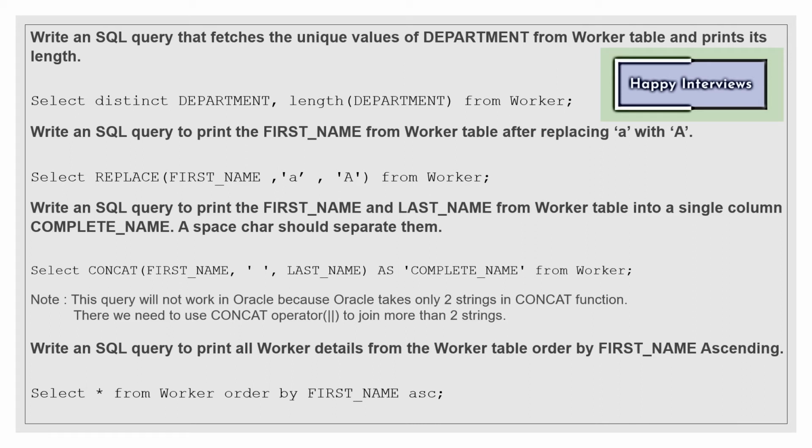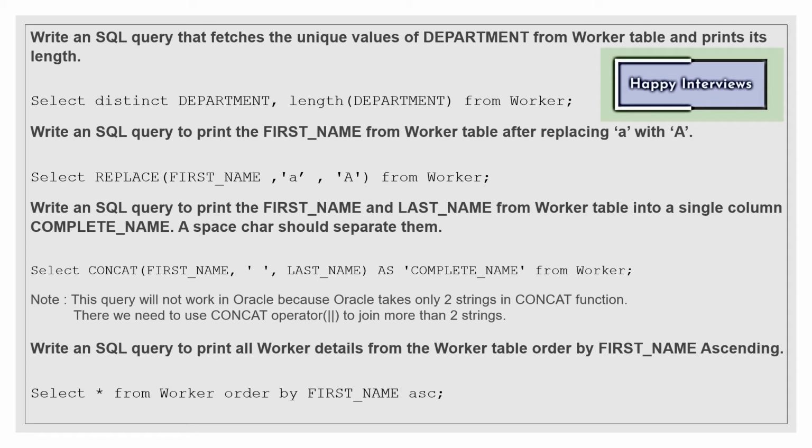Say I have written it with a single L, but the actual was double L. So what I will do, wherever a single L is there, I will replace it with double L, or complete words also I can give. So that's how it works. First name, so in that column, wherever a small a would be there, it will replace it by capital A.